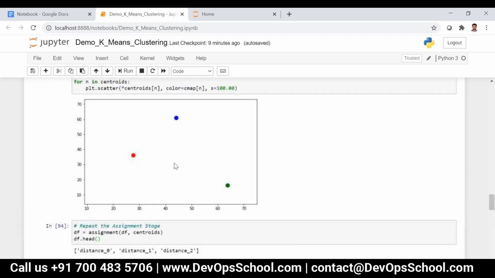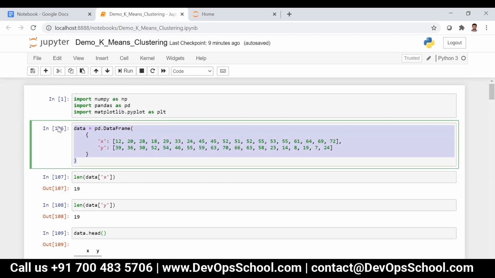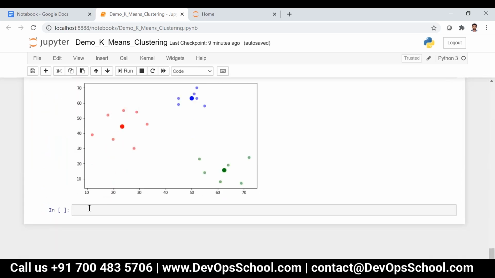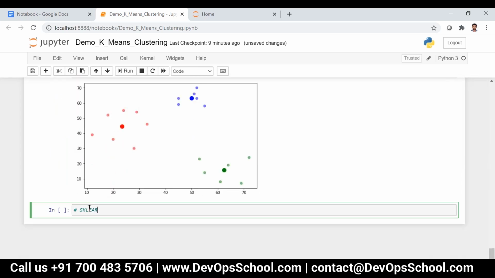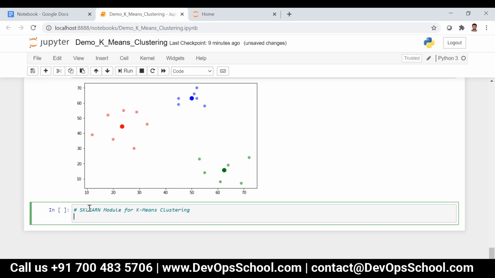Okay. So now let's do that using the sklearn module. I can write from sklearn.cluster import KMeans.